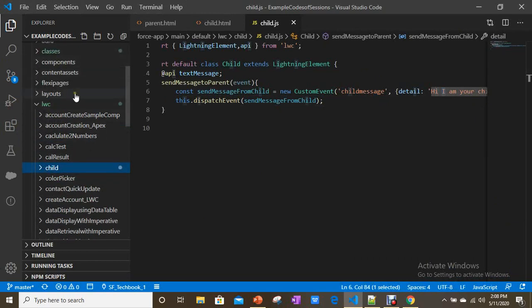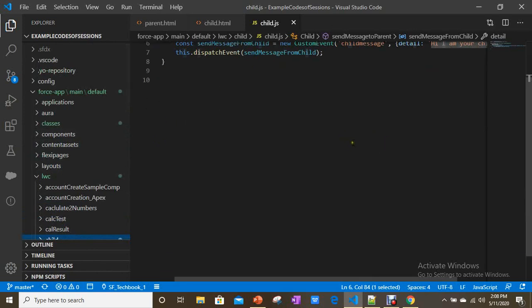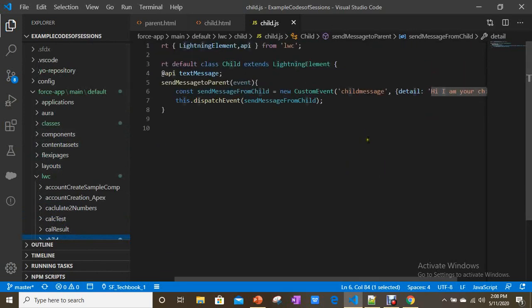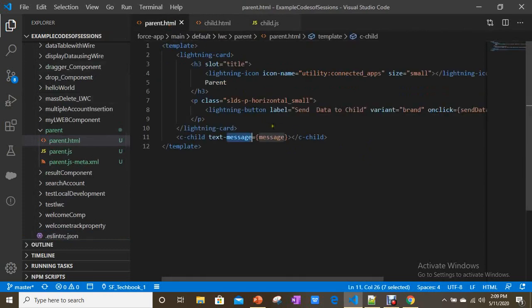Now let's go to the parent and see how you can handle this. Once this child component dispatches the event, when someone clicks on the button Send Event to Parent, how can you handle it on the parent side? You just need to add an event handler attribute on your child component here.